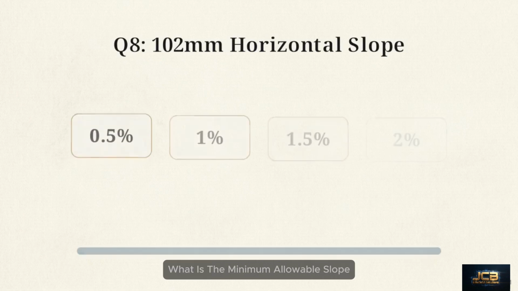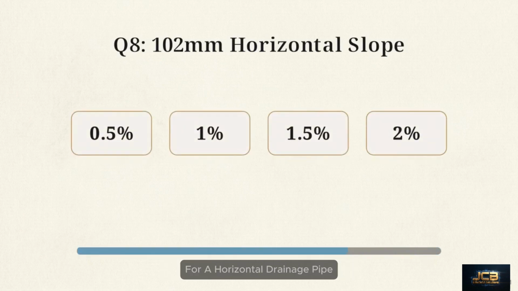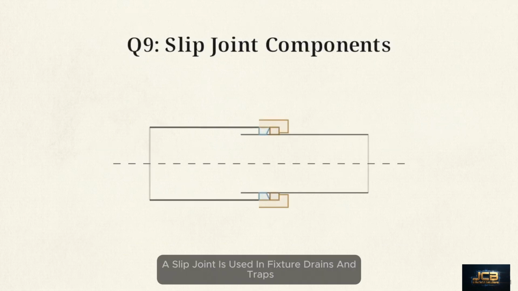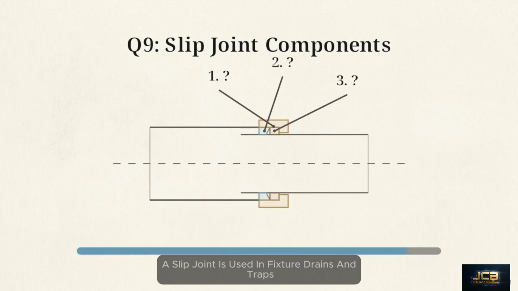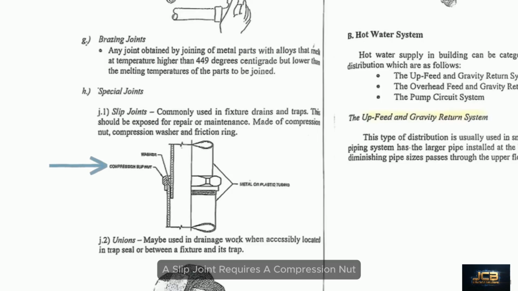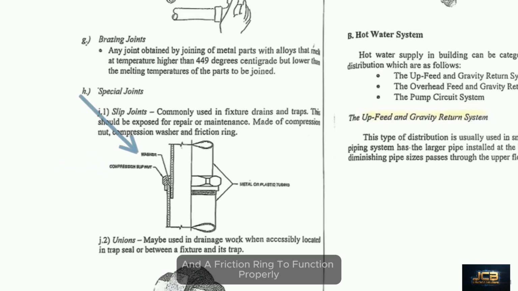Question 8. What is the minimum allowable slope for a horizontal drainage pipe with a diameter of 102 millimeters? Answer: 1%. Question 9. A slip joint is used in fixture drains and traps. Which 3 components are required to create this joint? As shown in the diagram, a slip joint requires a compression nut, a compression washer, and a friction ring to